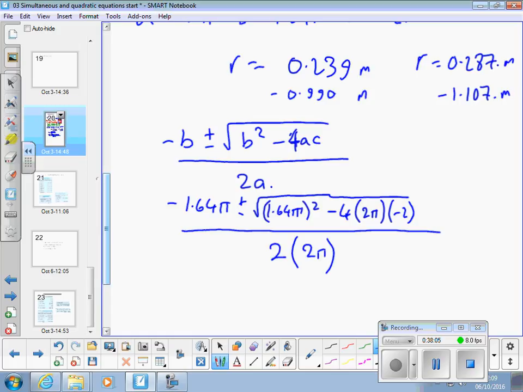So is that what you got, Paul? Didn't put the 1.64 pi squared. Yeah, so you get that. That's the danger bit, because you've got to square all of that. So that's where you've probably gone wrong, because the answer is x is either equal to minus